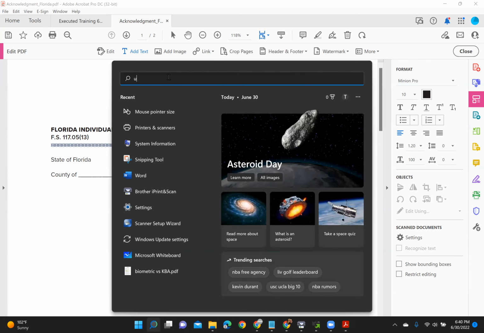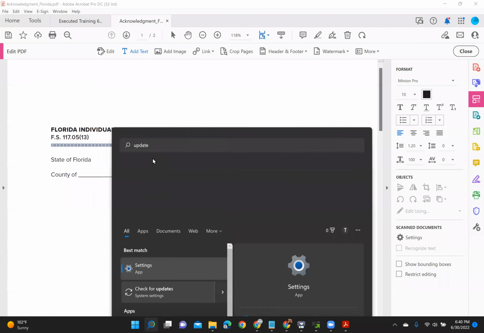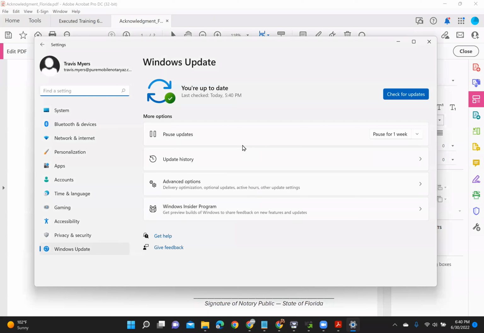Type in the word update, and then this button, check for updates, should pop up. If you click on that, you can click on check for updates, and this should scan your computer and all your software programs to give you the latest updates. Now, if it doesn't,